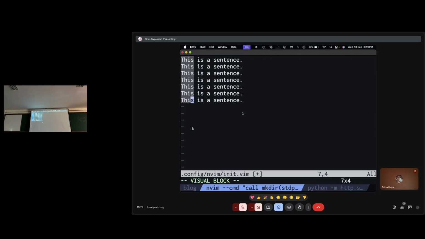Basically, copy. Control Q on Windows. What's different? Once you do Control Q, you show visual block at the bottom.